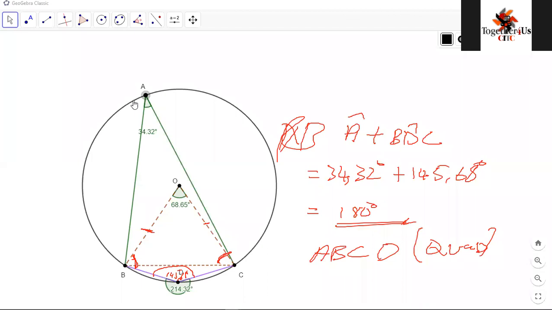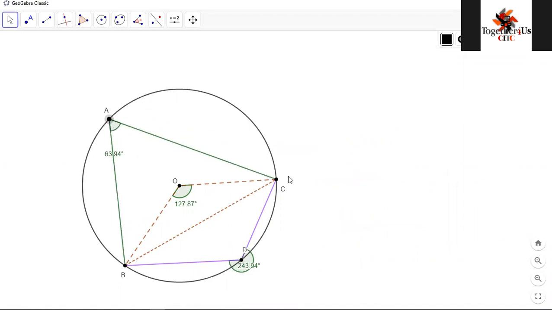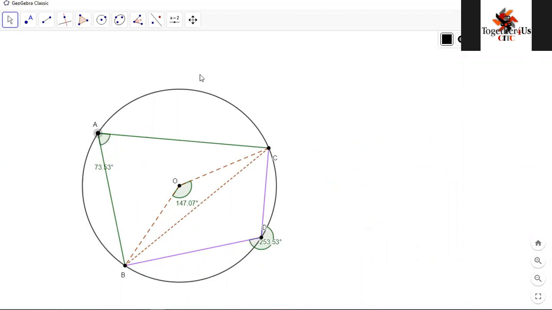So I hope you are starting to think about that. So let's check, look at that. So of course, now once I start moving things around, it's going to happen differently. You see, once I do that, things are going to start happening differently. If I do this, things will also be a bit different. So let's play around with this. Look at that. Now, we call ABDC, okay, a cyclic quadrilateral, okay? It's a quadrilateral, but we call it cyclic,